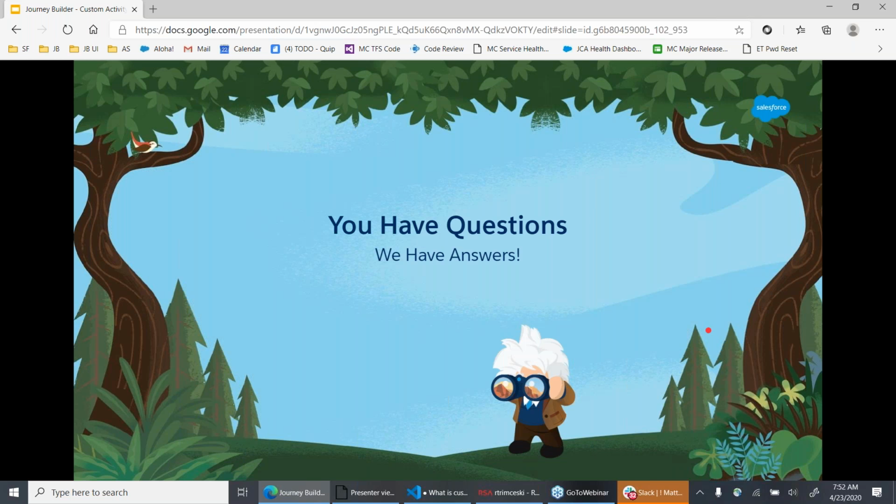Are there any custom activities that connect with Sales Cloud? So that's an interesting question. Matt and I had read through this question last night and we were talking about it. So there's two answers to this question. The first answer is it is certainly possible for one to construct a system by which a custom activity can go and update some information in a Sales Cloud